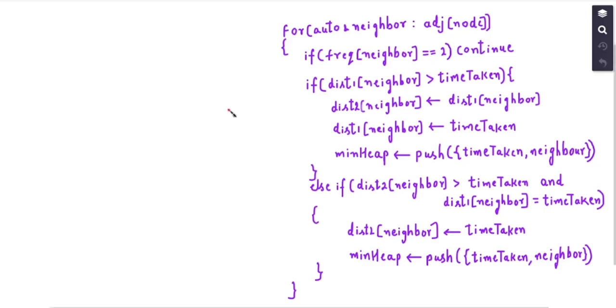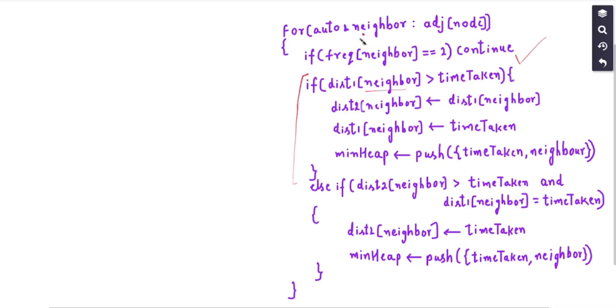Then I traverse over the adjacent nodes of the current node and I check if the frequency for any node is 2. That means I have already pushed this node twice in the priority queue, so I don't have to process it further. I just continue right from here. Otherwise, I'm checking if the